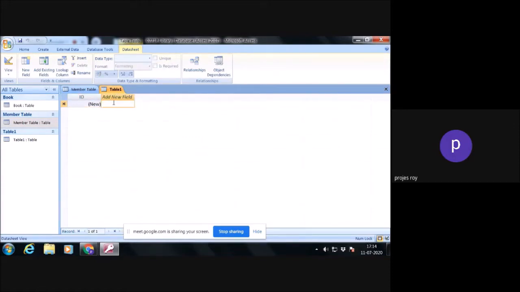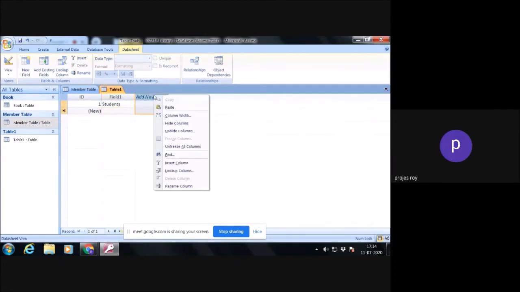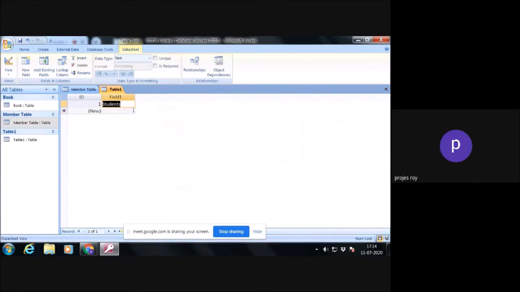Just press table 1 and enter student, teacher, researcher.